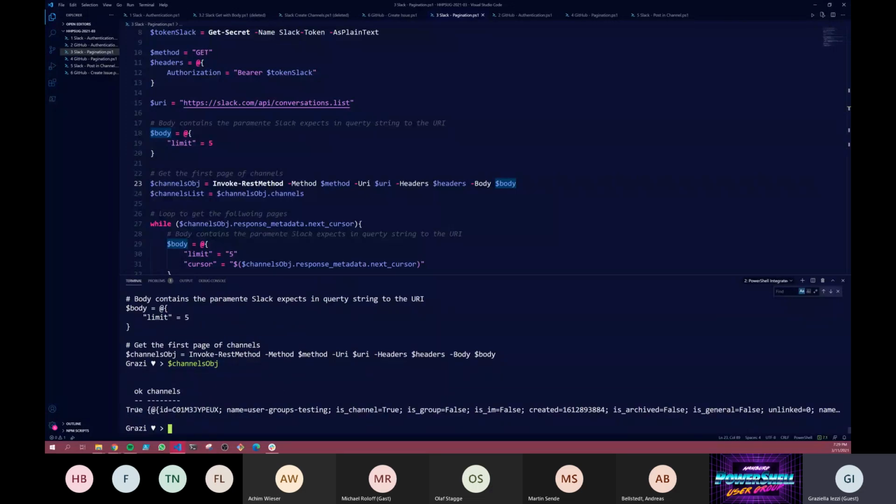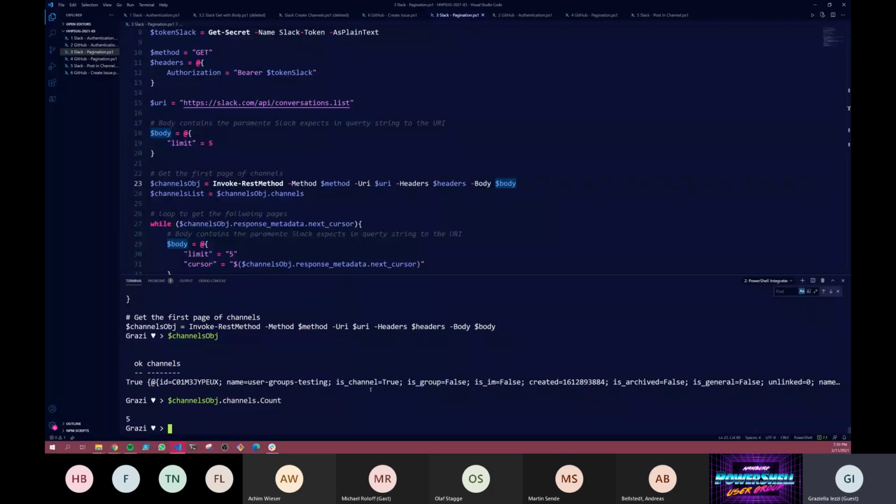It tells you, okay, the call went well, you could authenticate, we got some of the data. Let's see, if we do channel, given that it's an object, we can already navigate it very easily, and we can see that we got 5 channels, which is the one I asked for. But the nice thing of this, which I didn't show you before, is if we do format list,